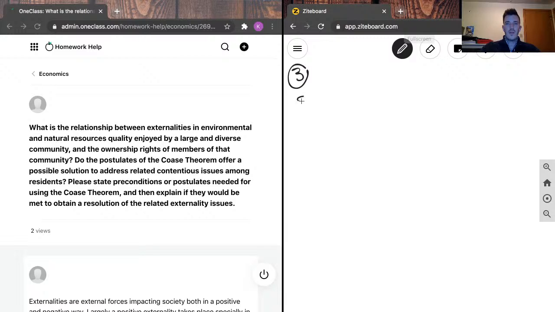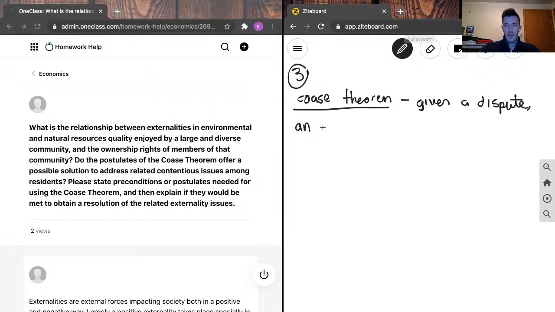So basically what the Coase theorem says is, given a dispute, an efficient outcome can be reached